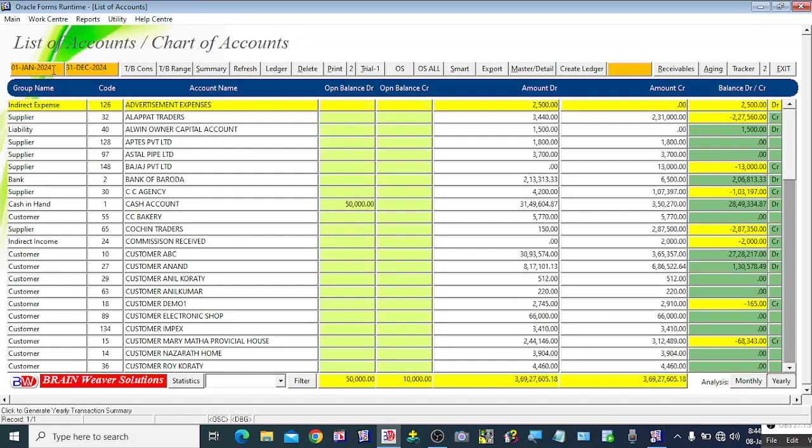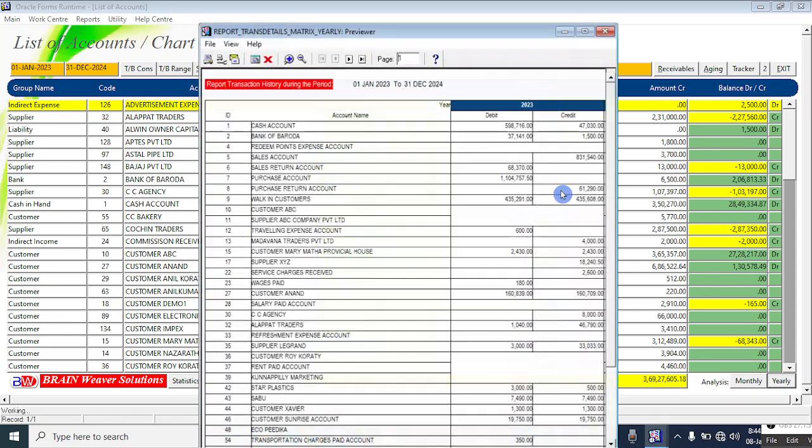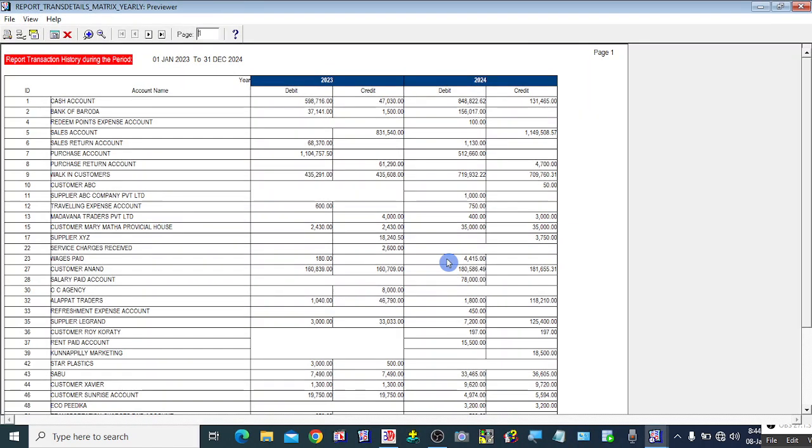Let us make the date range 1st January 2023 to 2024. So I want to make a ledger transaction analysis over the 2 years based on the year-wise summary breakup. Click on this yearly. Here we can see we can make a useful comparison